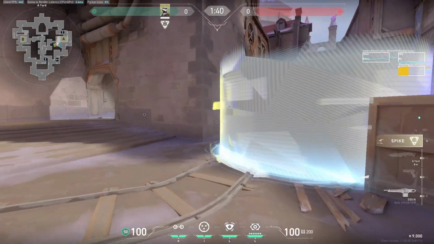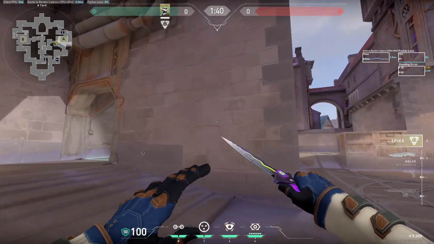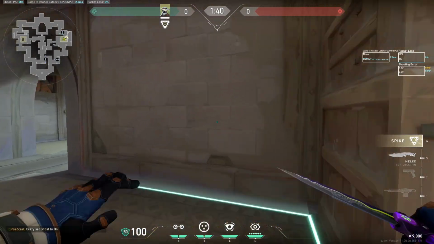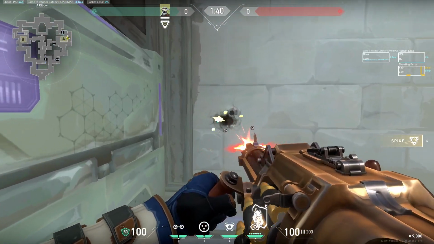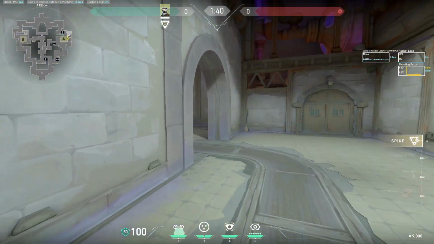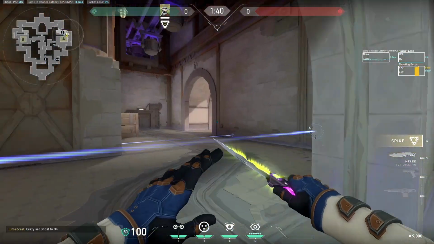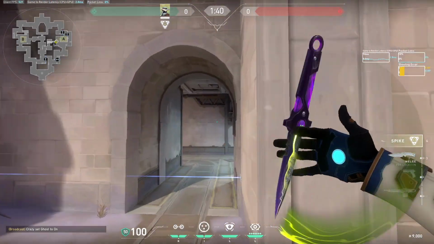Getting a spam off like that, or having trips in front of you that will protect you if you want to go for a spam. Also, the other option, if you have planted up here, you can also spam through this wall, by the way, making it pretty easy for you to play post-plant, just spamming right here and then having a trip to kind of protect you. This is gonna be pretty cringe for the enemies, but it will kind of net you some